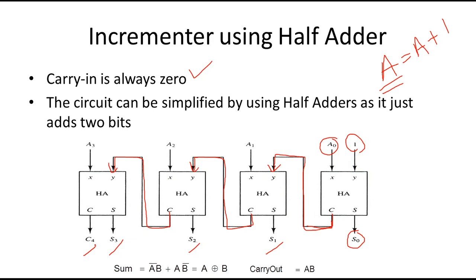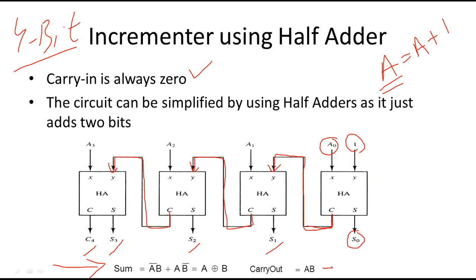So by attaching 4 half adders, we can achieve a 4-bit incrementer. A 4-bit incrementer circuit just increments a 4-bit binary number. So it's pretty simple. You see, the sum is equal to a XOR b, and the carry out can be achieved by a AND b. So its circuit is much simpler, and it would take less time as compared to a full adder.